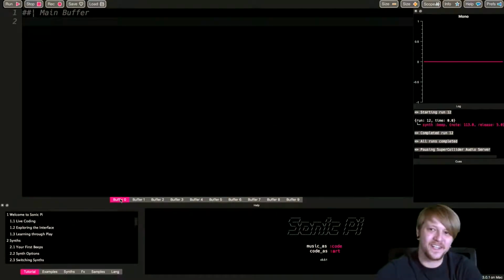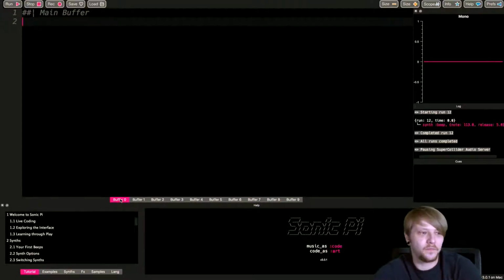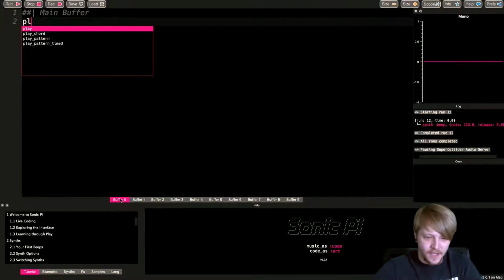Hey, my name is Elliot, and I'm going to introduce you to this really cool program called Sonic Pi. It's a synthesizer program, and it's built on top of the Ruby programming language, and it lets you make music with code. The main functionality of the program comes from the play command, and as you can see,